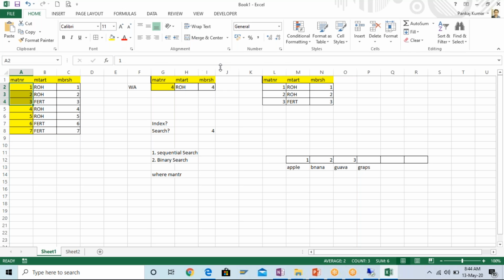Okay, how does the binary search algorithm work? I will just give you an idea over here. So this is one part and this is another part. How the searching in two parts happens: it will count the total number of records. The total number of records is 7. If it is odd, it will take 7 plus 1 and divide by 2, and that's how it will get